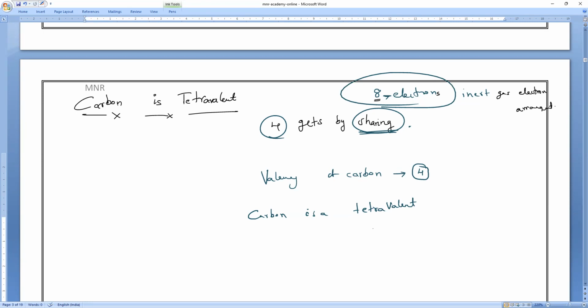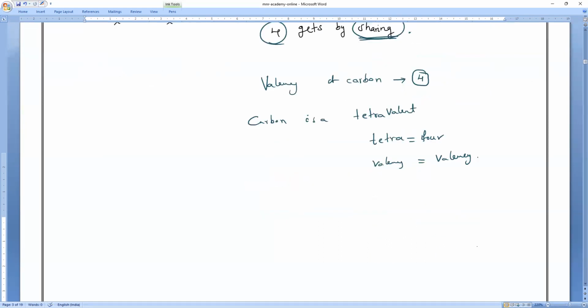So tetravalent. What do you mean by tetra? Tetra means 4. Valent means valency. So 4 valency, 4 electrons are needed. That is what we call a tetravalent. And remember, the 4 valencies of carbon are usually represented by